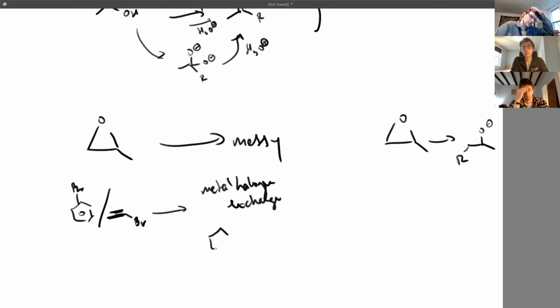At the end of the day, I think the lithium goes onto here, and then you get something like this. Although I can't remember exactly. I know it definitely does metal halogen exchange, but it's always hard for me to remember